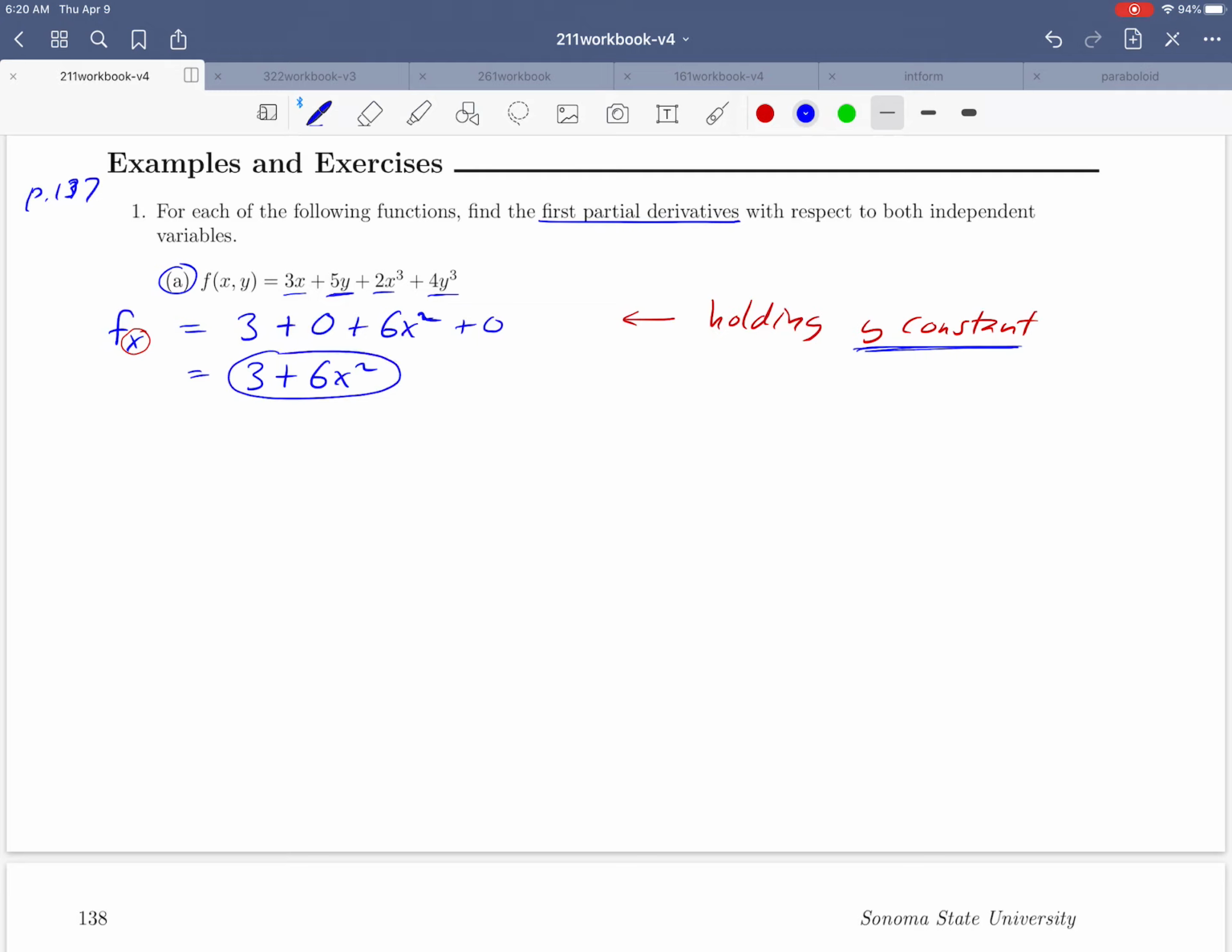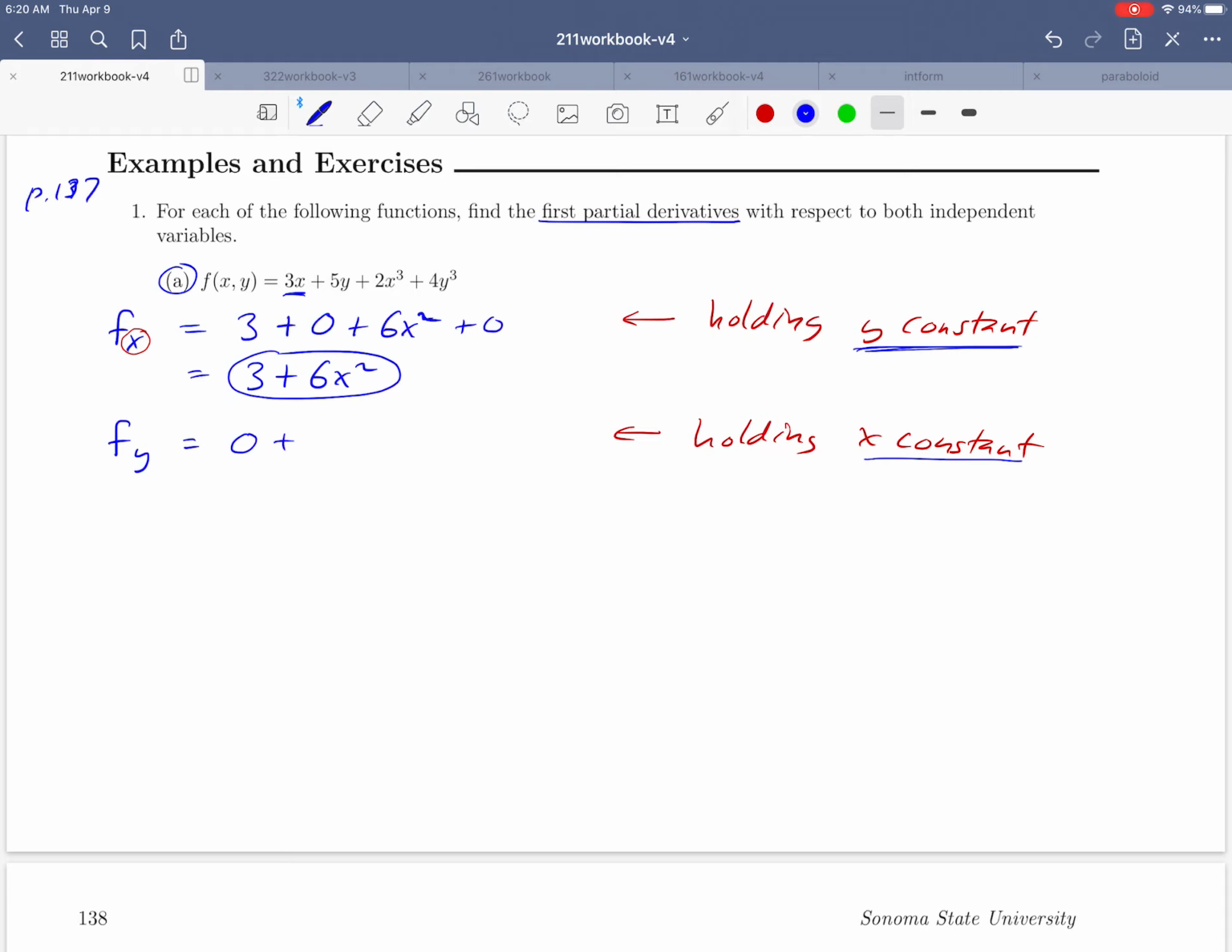Okay, and we're ready to move on to the partial derivative with respect to y. Okay, and there, it's exactly the other way around. This time, y is our variable, and we're going to hold x constant. Okay, so let's back up here and visit our terms one at a time again. So starting with 3x, what would its derivative be with respect to y? Well, we're holding x constant, so that 3x, we're treating it as a constant, so it should be